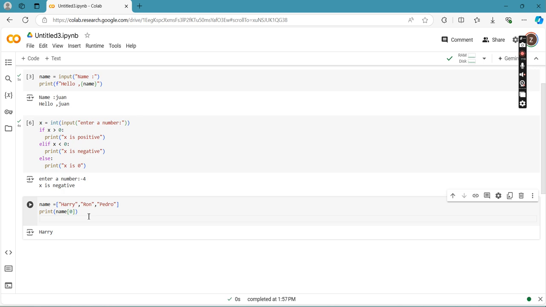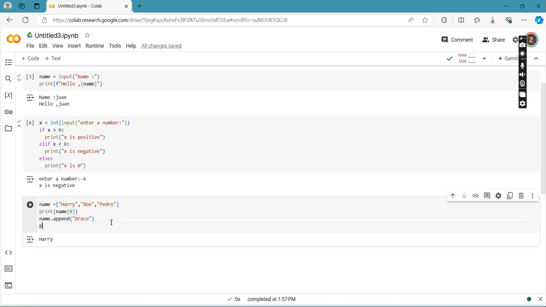We could do that by using the function append. Append means we're going to add a value to our existing list.